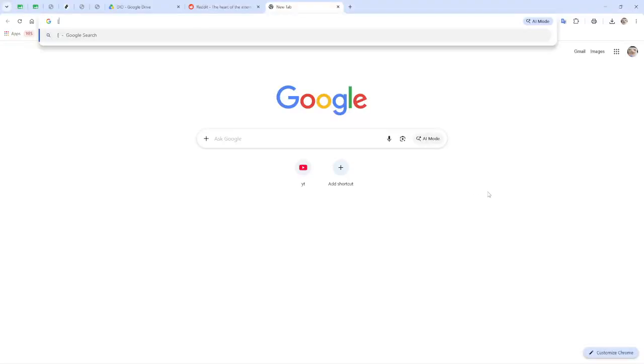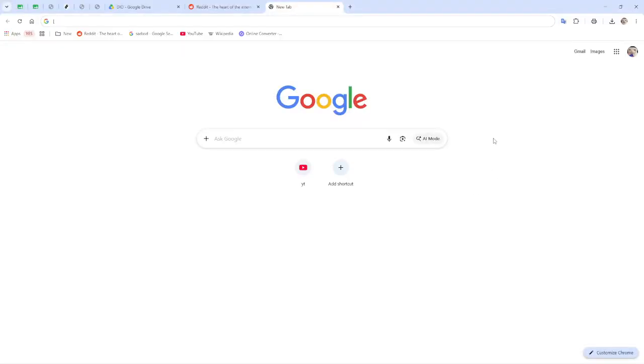Today's video, I am going to teach you how to enable and use tab scrolling in Google Chrome. To get started, make sure you are in Google Chrome and you can see your browser window. If you already have several tabs open, that is perfect because you will be able to see how much easier